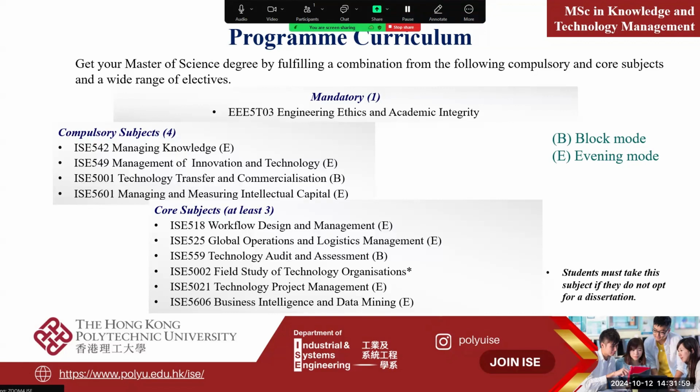I think maybe I will show you some scenario on that. Our field study is different because we focus the field study on global enterprise. That means the students need to travel to some place outside Hong Kong, and even to China. In the last year, the students went to Germany because Germany is one of the very strong countries for innovation and technology. The students visited some of the big enterprise companies in Germany. Okay, this is something that I hope you see the difference.